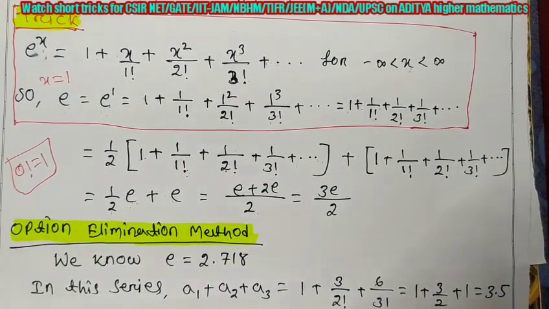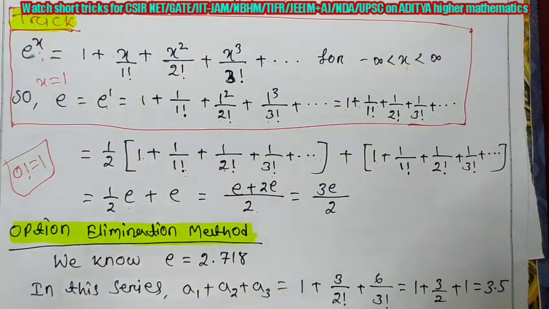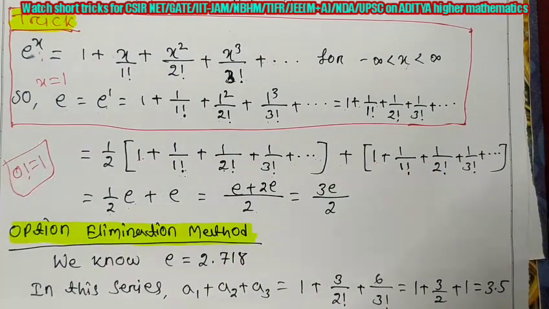will give you the solution in only 30 seconds. And you know the option elimination method is mostly useful to solve MCQ questions. The purpose of this method is only that you have to find out the wrong options. If you are able to eliminate 3 wrong options, then the remaining option must be your correct answer.